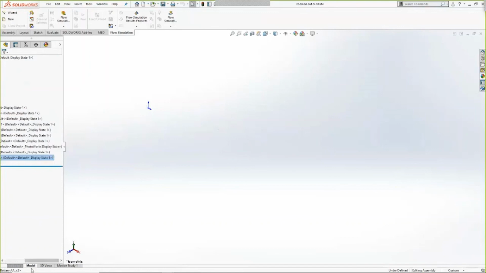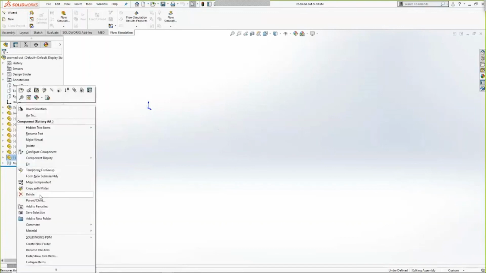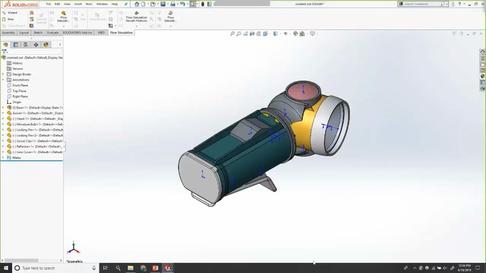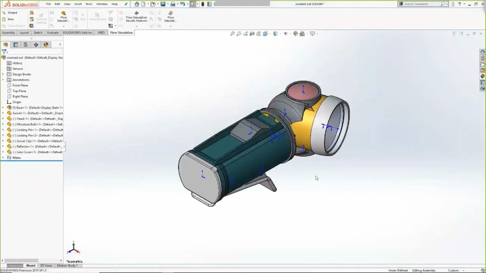So you know what? I can easily just put another battery back into this. I'm going to delete that guy, do a zoom to fit, and now when I zoom to fit, my part's just right here. I could have also found the battery and started moving it back over to the location I wanted, or